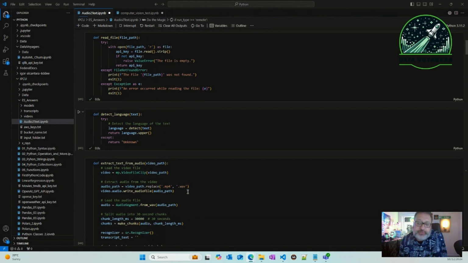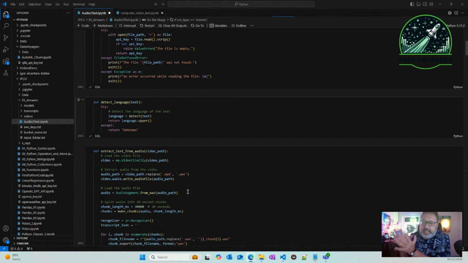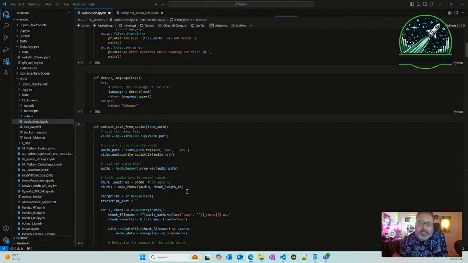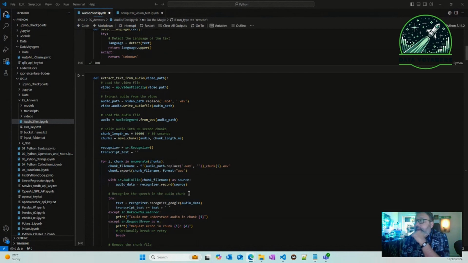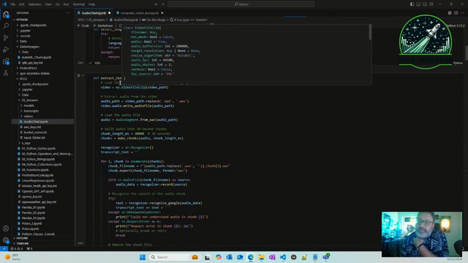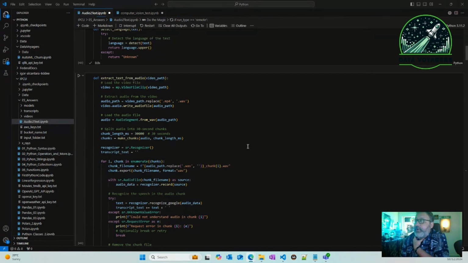And then I have two functions to actually do the heavy lifting, the actual work. If you read the article, you know why I have two functions. So basically, I have one that's my default one. And the name says it all, extract text from audio. So I get a video file, I convert it to an audio file, I save the audio file as a WAV